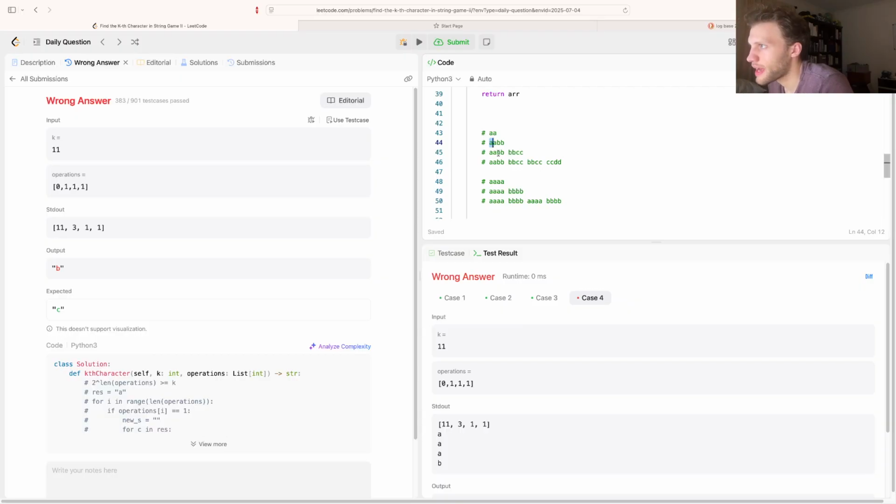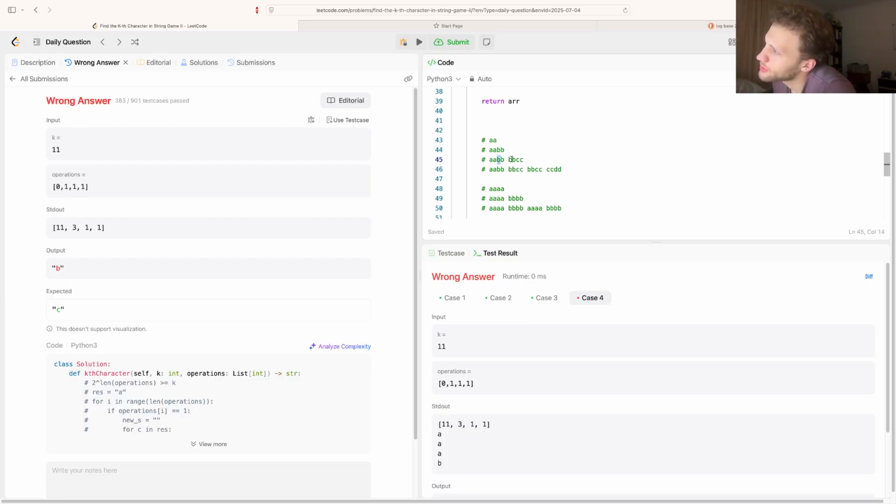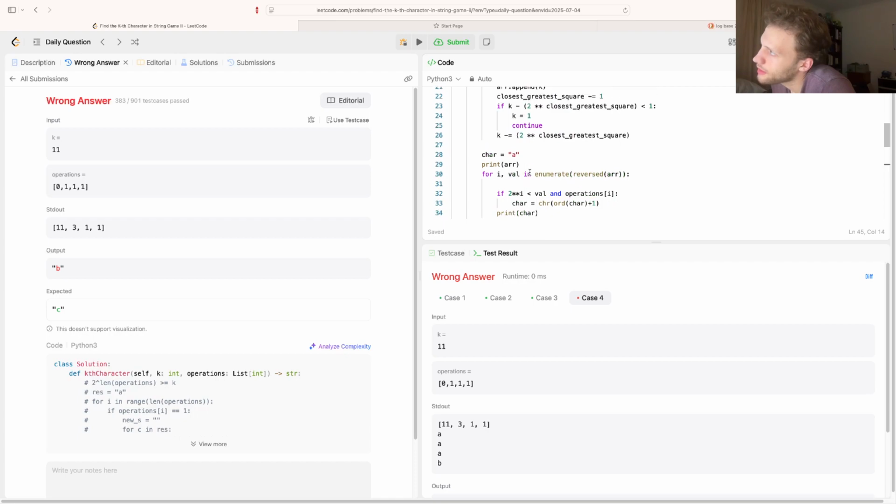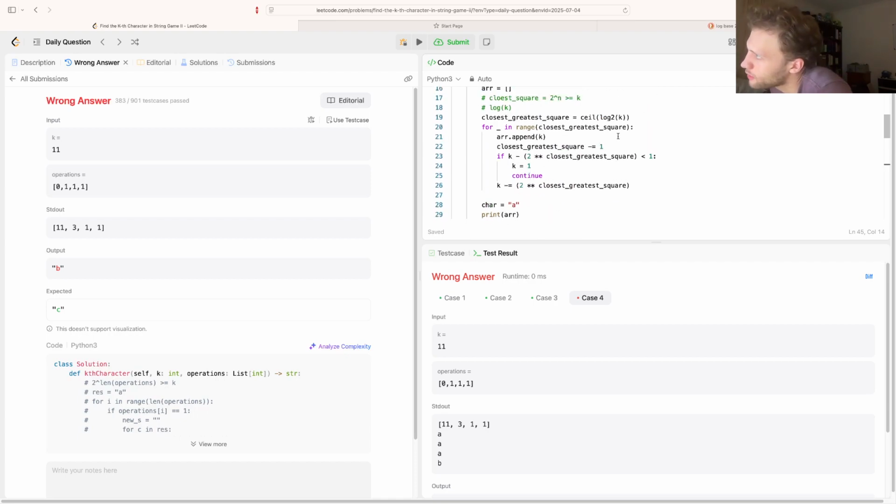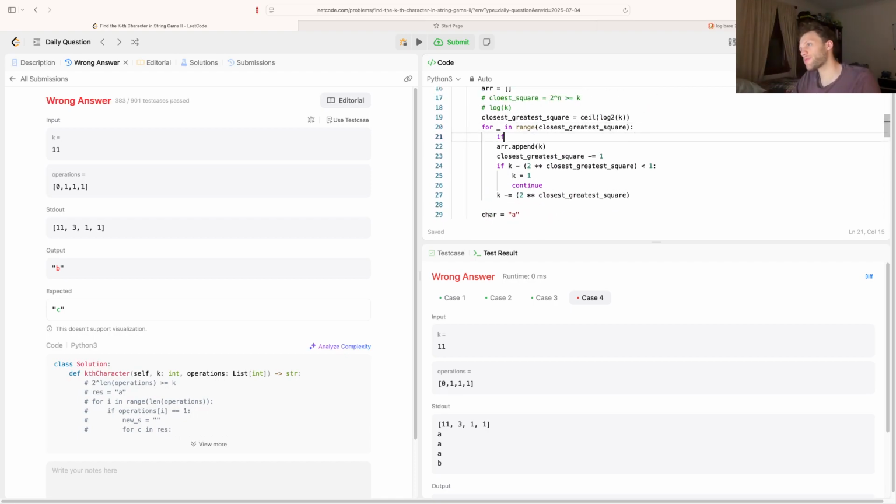And then we jump to A again because we didn't notice that it's not here, so we're not doubling it. But we should take the last value that got spun. I think that needs to be a case added here where, like, if operations of